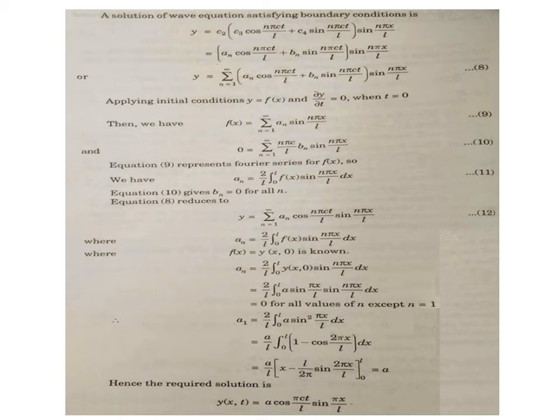Now by that substitution of p equals to n pi upon l in that equation, y becomes c2 into c3 cos n pi ct upon l plus c4 sin n pi ct upon l, into sin n pi x upon l. And then we multiply that c2 inside, so it becomes c2 into c3 and c2 into c4 as far as the coefficients, as constants, are concerned. And as we are talking over the general value n now, we assume that c2 into c3 becomes a constant based on n, that is an, and c2 into c4 becomes bn.